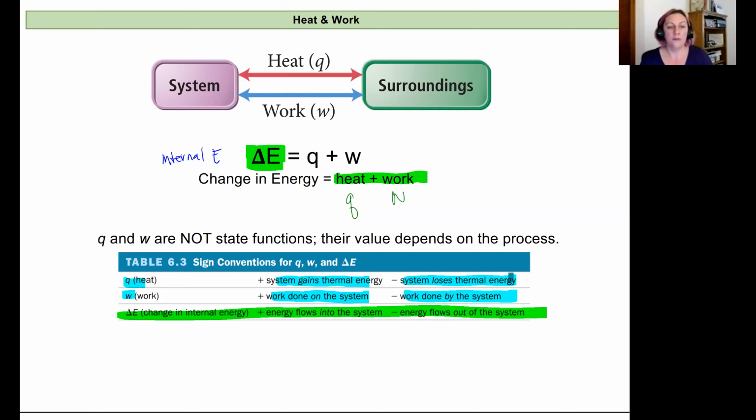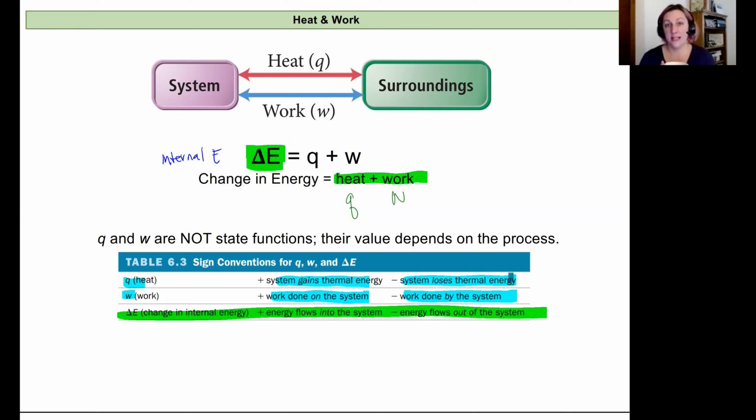And so for heat, from the perspective of the system, let's take my T, all right? My hands are the surroundings, and the T is my system. So for heat, the T is hot and my hands are cold. And so the system, the T, will lose energy to my hands, the surroundings. And so the amount of heat that transfers from the T to my hands would have a negative symbol because it's being lost by the system, the T.